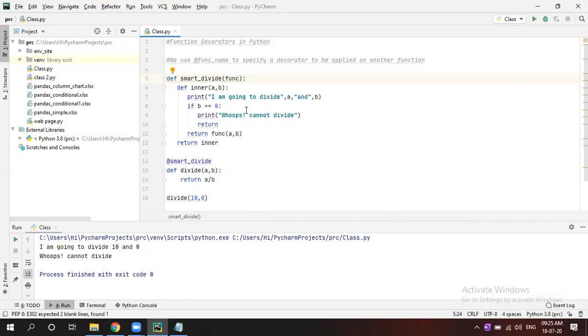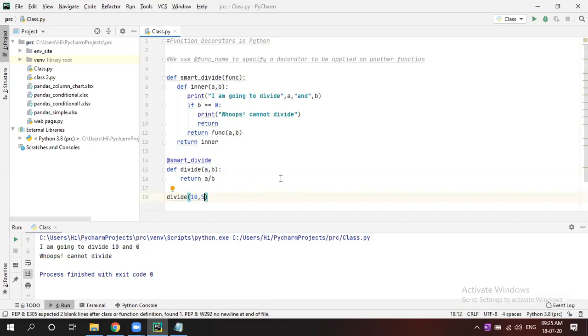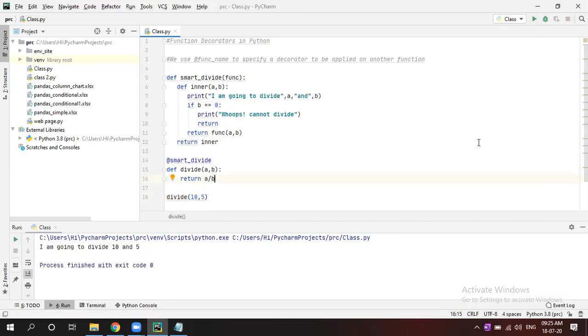Now if you give 10 comma 5, row number 18. Now run it. So how is it happening? Now again it will go to divide, row number 15, 10 comma 5. Then it will go to the smart divide.